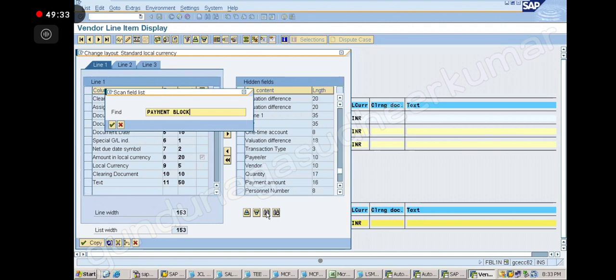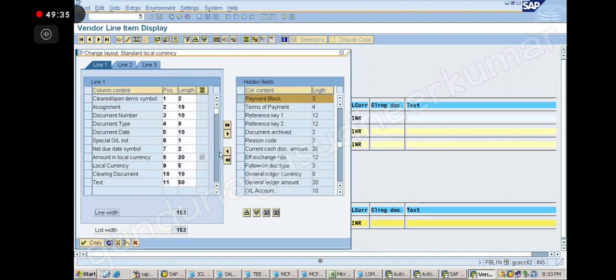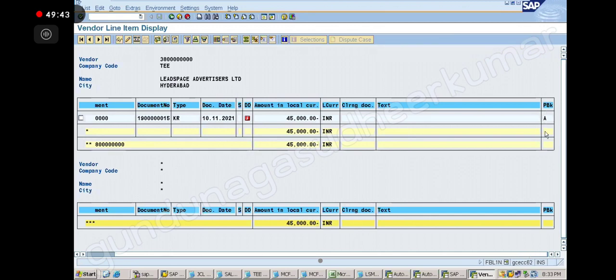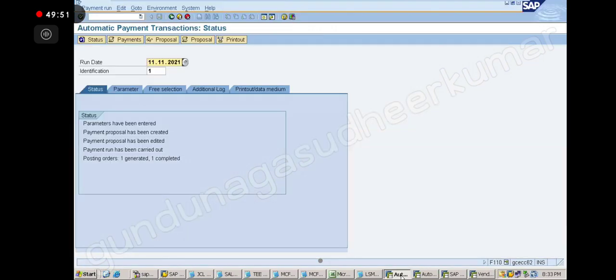Yes, we have. You see? Got it? If you activate it, you can. Clear, everybody? So until that block is removed, you cannot pay.